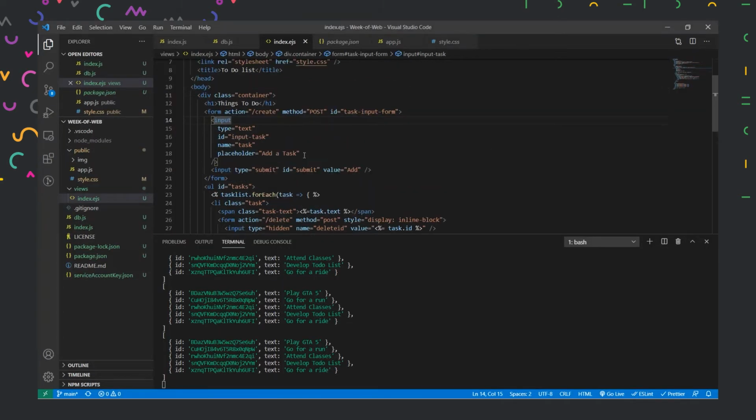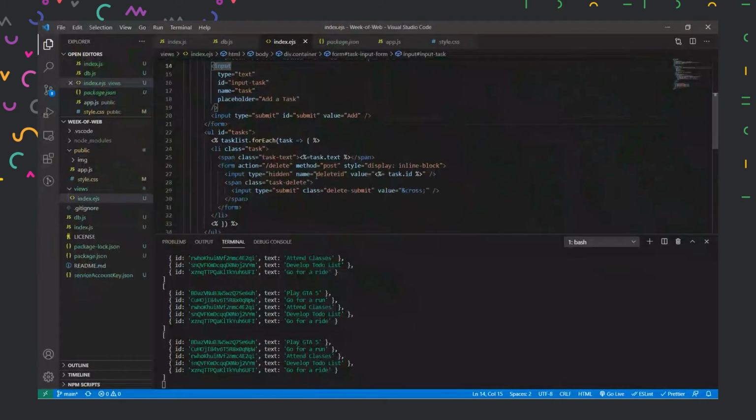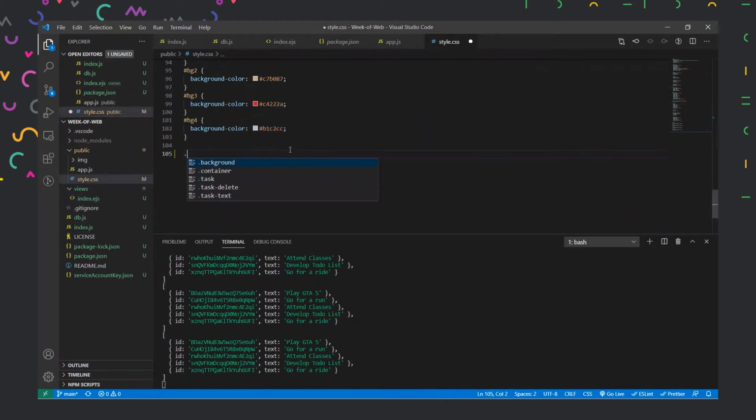So here, what we were doing, we were changing the styles of this button, right? This button is still a span element, right? Task.delete, but this task.delete is inside an input. So let us do one thing. Let us use this class delete submit and then change its value. So in the last, I'll select the class delete submit, and in delete submit, remember we did similar styling to our add button as well.